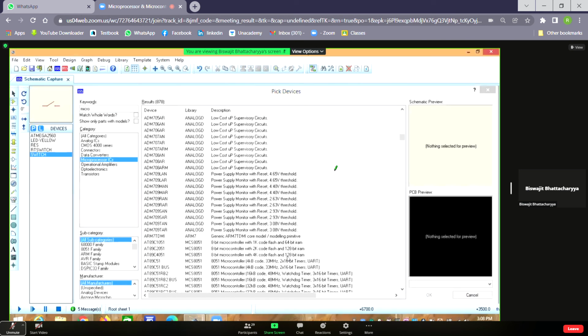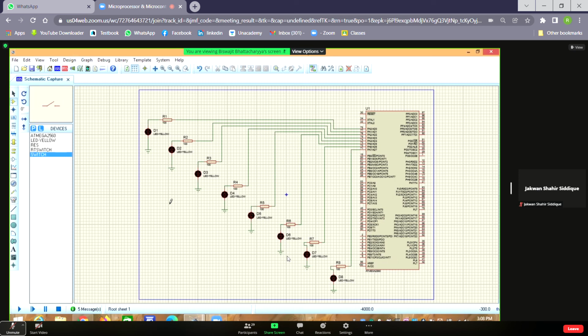I will go on giving you different assignments one after another. The first assignment that I will give you, although I will give it formally through the WhatsApp group, still I'm saying verbally: you have to connect a switch and an LED. Once we press the switch, the LED will glow, and when we open the switch, the LED will be off.